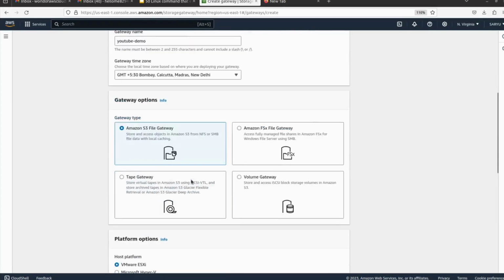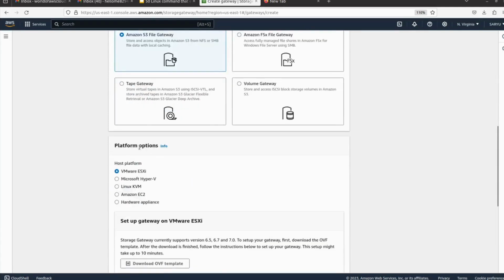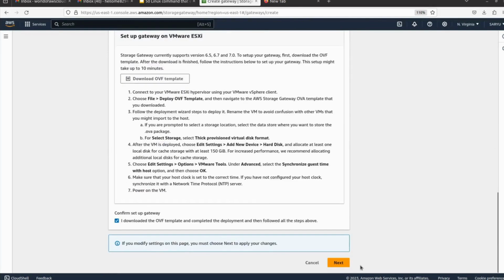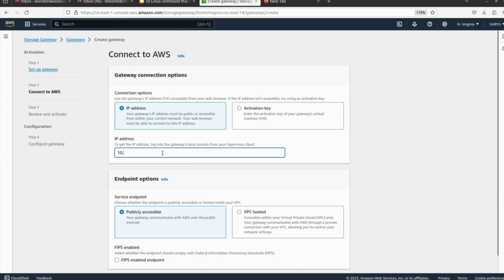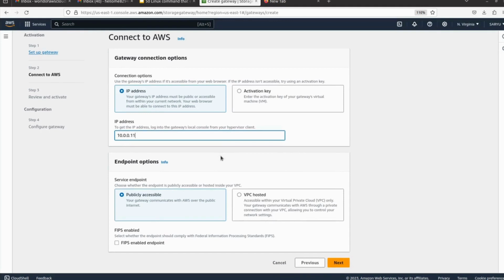Let's go back to the platform option, where we have to give the host platform IP. I don't have any host platform, so I am just going to give a random IP address to show you how we can create it. It will not go forward.